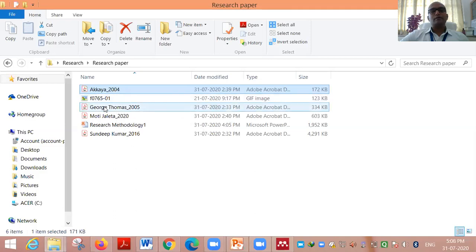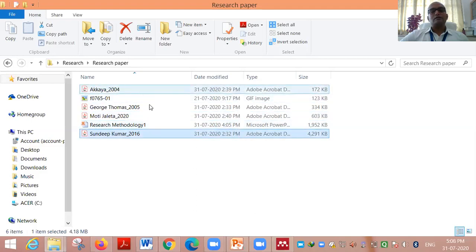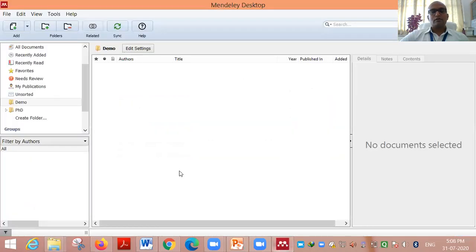So this is one paper, this is the second paper, third paper, and fourth paper. These saved research papers, which are very important for my research work, I am going to upload on the Mendeley software. You can also create a folder here in the Mendeley software by clicking on create folder. I have created one folder, the demo folder, and in this demo folder I am going to upload my research papers. So click on the add button here,